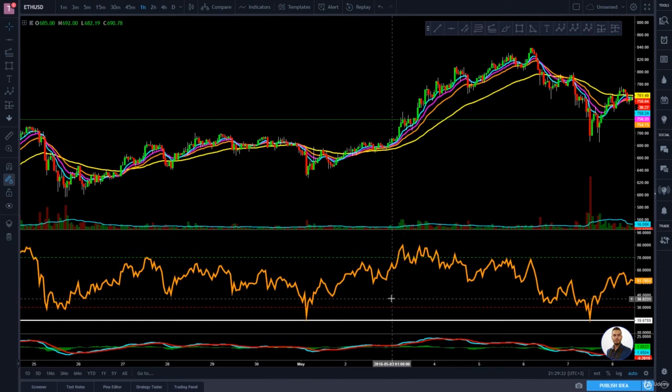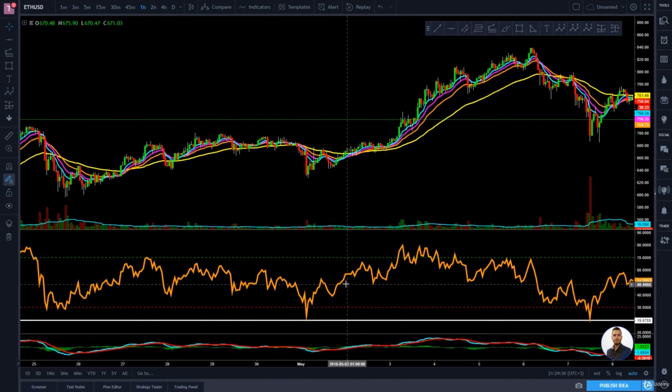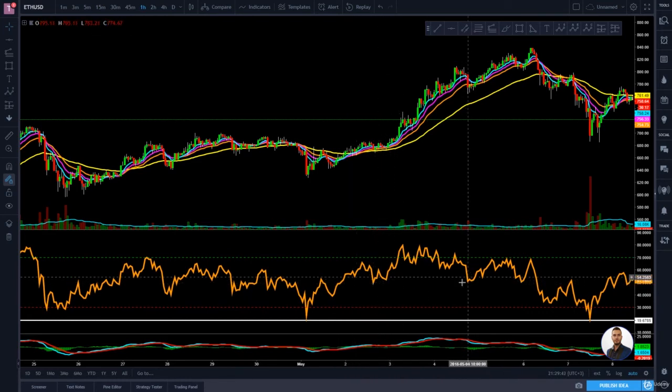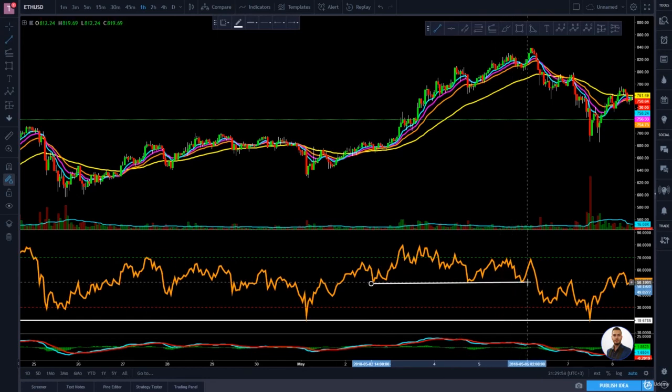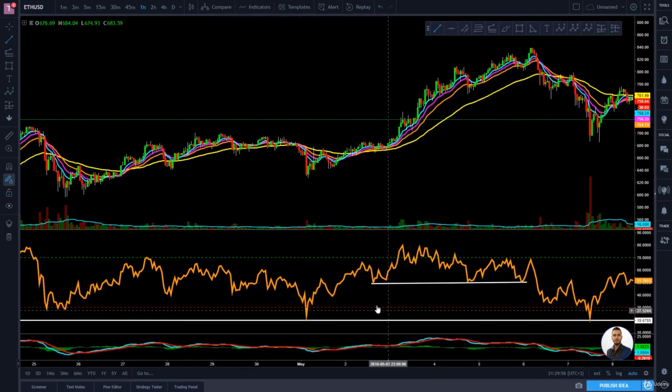Let's see if we can find another confluence support region, and we see here on the RSI that this is a region where we find support from at least 3 touches in the same zone, and we would assume that this is a support and we are not going to break it for a while. And let's draw our trend line right here to mark our support. Okay, so this line right here will be my primary support,